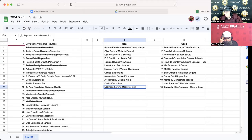Solid list. The better list, the Fuente. Number 1, the Fuente Opus X Perfection X. Number 2, Davidoff Nicaragua Robusto. Number 3, Ashton ESV 22-year salute. Number 4, Diamond Crown Julius Caesar Robusto. Number 5, the Hoyo de Monterrey Epicure Especial. Number 6, the My Father number 3 Crema. Number 7, the Matilde Renaissance Corona. Number 8, San Cristobal Revelation Legend. Number 9, Rocky Patel Royal Toro. Number 10, Monty by Monte Cristo Joyoco. And the wild card supplemental picks, the Joel Sherman 75th anniversary by Nat Sherman, and the Casada 40th anniversary Corona